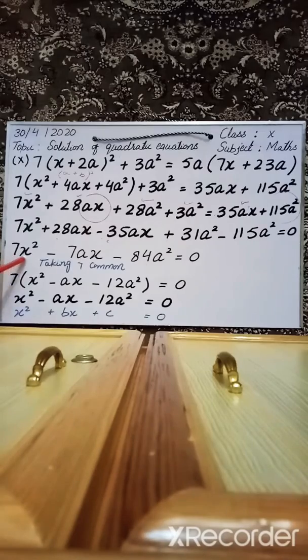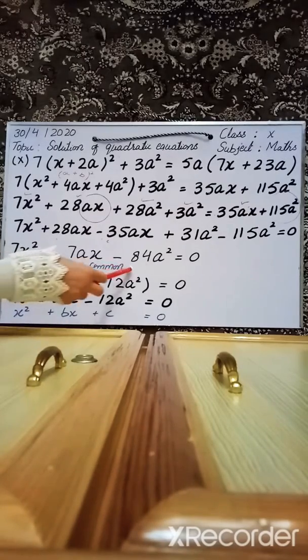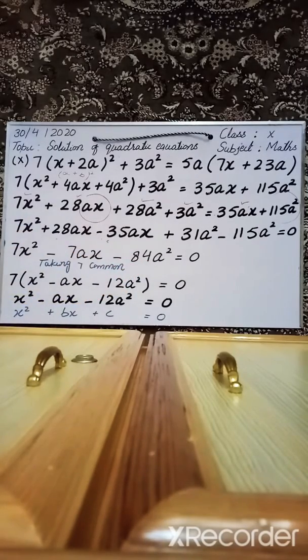Let's see here. This can be ax square, this can be bx, and this can be the constant term c. Right? A is also a constant term. As we can see here, this is in the standard form of quadratic equation. But before applying the completing square method, if it is possible to simplify it further, for our convenience we will do it, because it will make this equation simple.